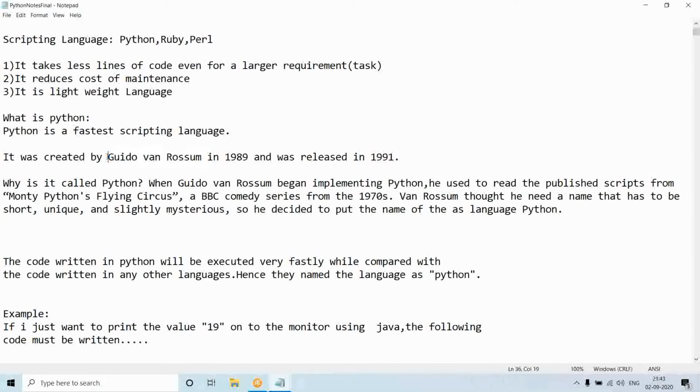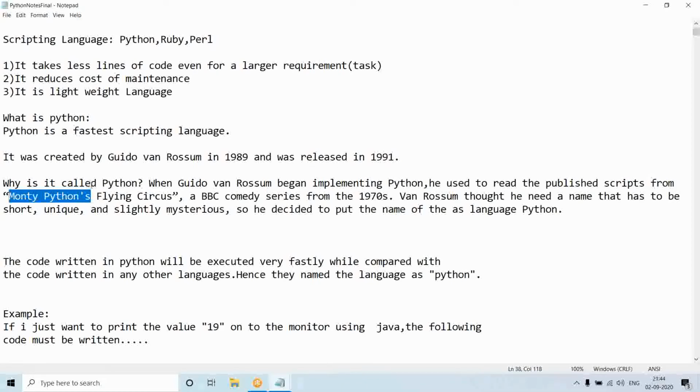See, while creating this language, just for relaxation, Guido van Rossum used to read a comedy series. What is the name of the series? Flying Circus. Who is the author of Flying Circus? Monty Python.